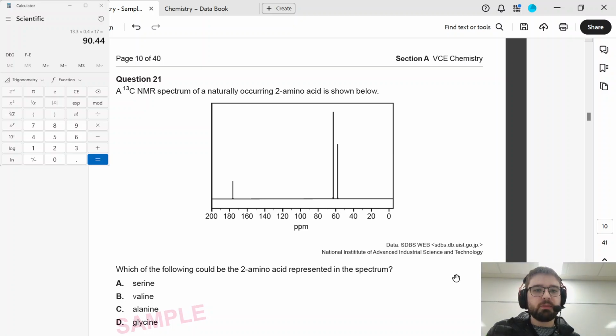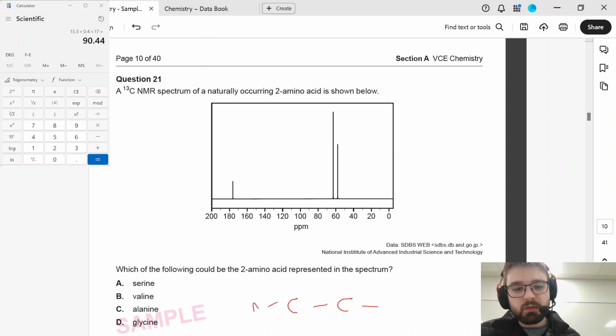Carbon NMR spectrum of a naturally occurring 2-amino acid is shown below. Which of the following could be the 2 amino acids represented in the spectrum? Interesting. So we've got serine, valine, alanine, and glycine. Okay, so I'm looking at this. It's got 3 carbon environments. So what that is telling me actually is that, remember, an amino acid,